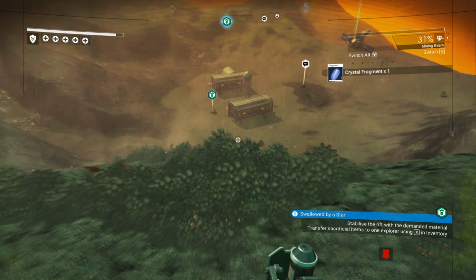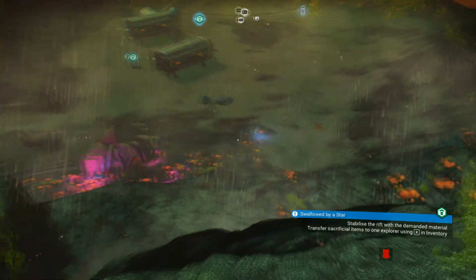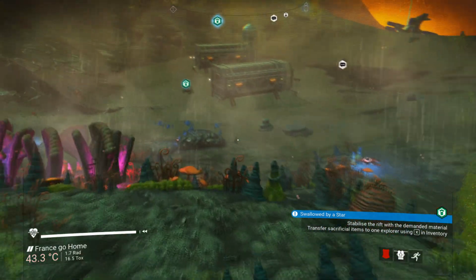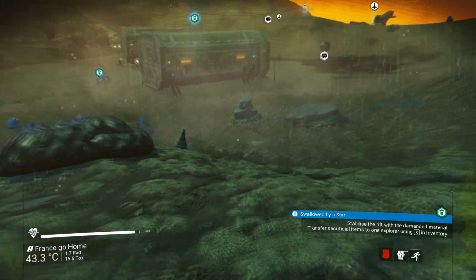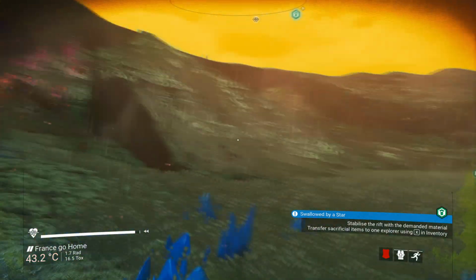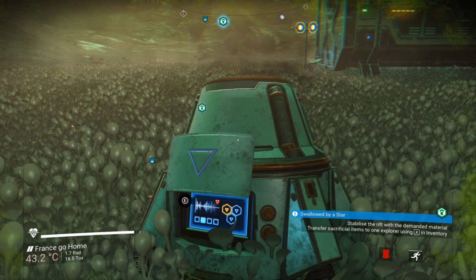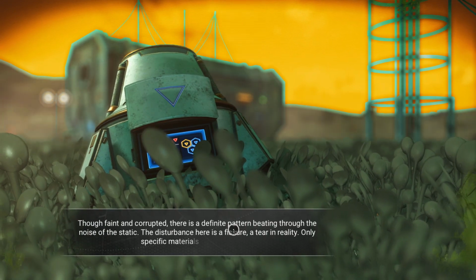We've got some crystal fragments. All in all, that wasn't too bad a mission. I think probably the base was chosen to be close to the caves. I think if you had to go down and find caves, that life would have been a little bit more difficult. So we should have enough now for